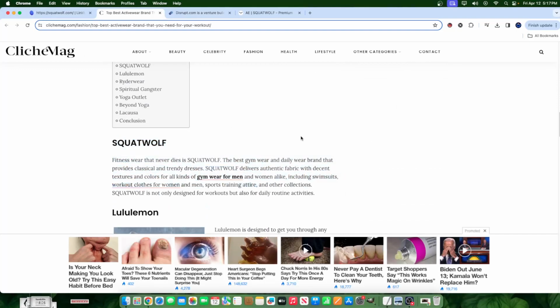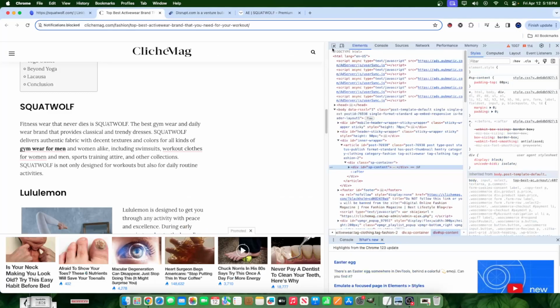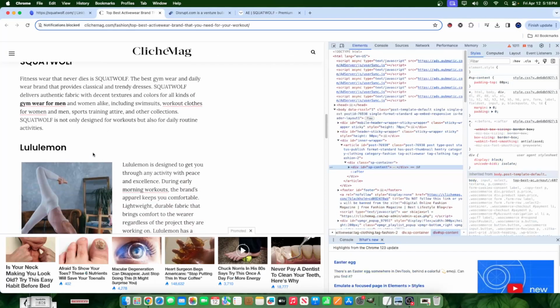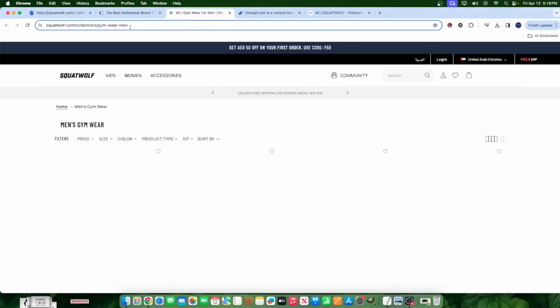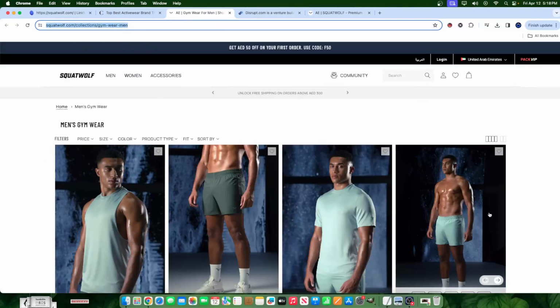Now, Squat Wolf, I can almost guarantee you, nothing is free in this world. They've paid for this position. In fact, if I want to look here, I can see, is it an affiliate position or is it a sponsored position? So these links here are clickable. If I click this link, right, I can look at the link here and see, okay, this is a sponsored